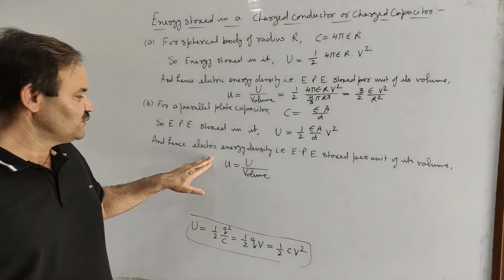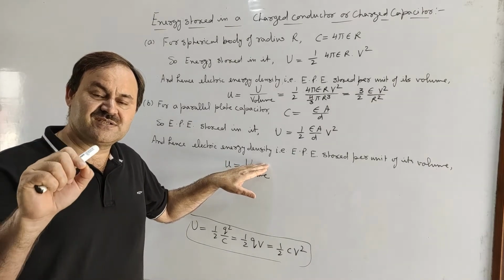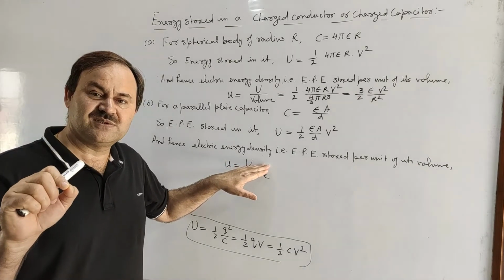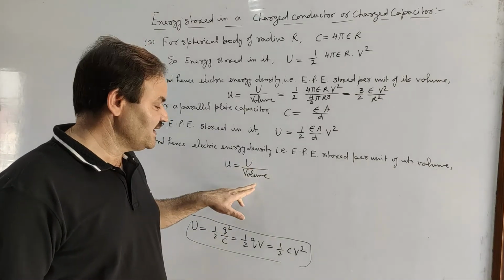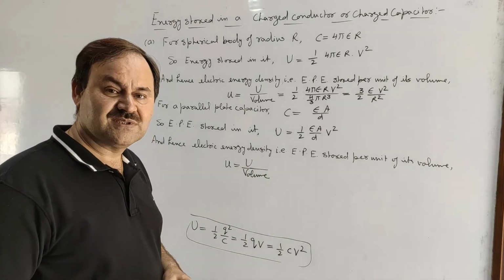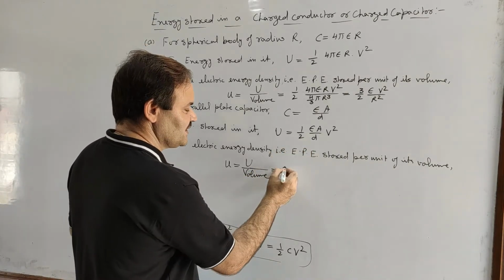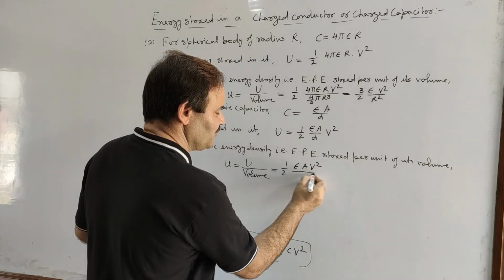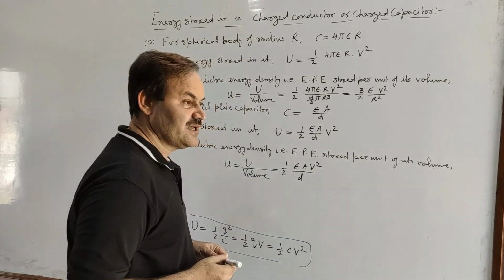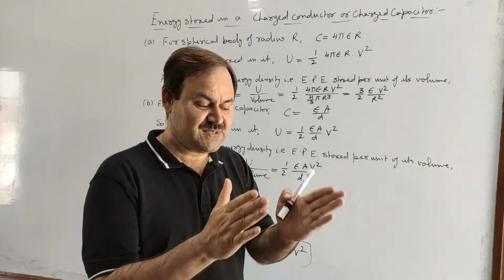If we want to find out electric energy density, that is electric potential energy stored per unit volume of a charged capacitor, then that will be U divided by total volume of capacitor. This is equal to, U is half epsilon A V square upon D, and now the volume of the capacitor is